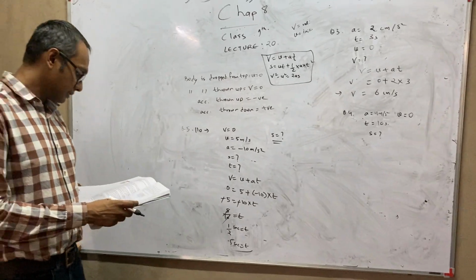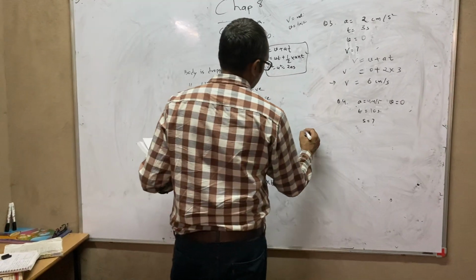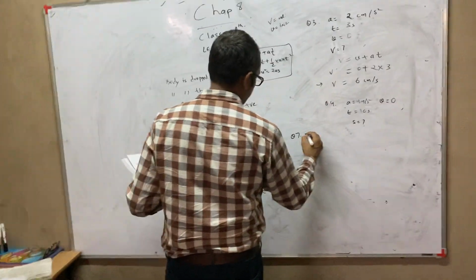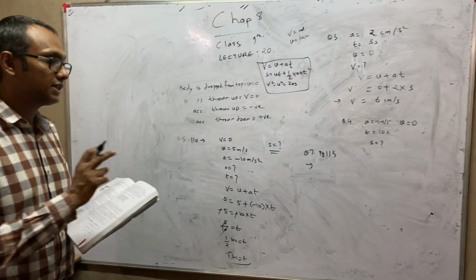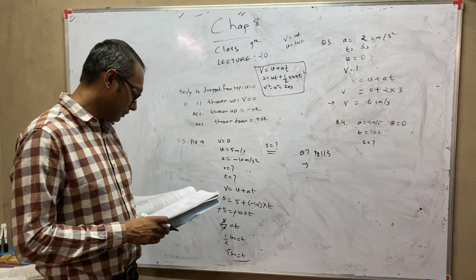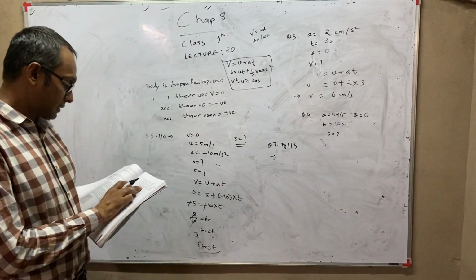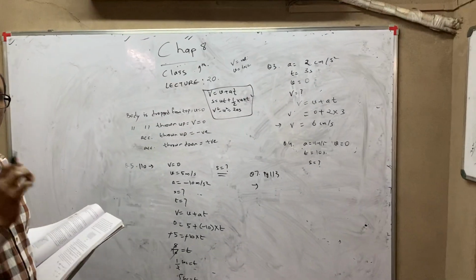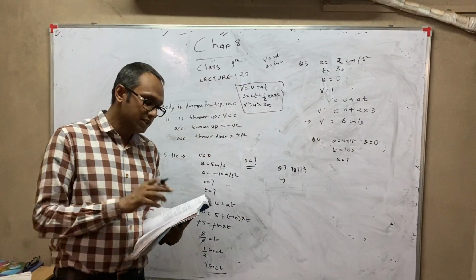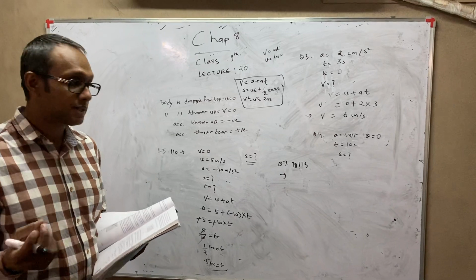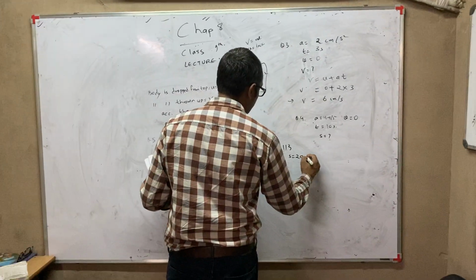Now we will see question number 7 on page 113. This question again I will totally discuss, but just the last part of the solving I will leave to you. Question number 7 is, a ball is gently dropped from a height of 20 meter. Whenever you are getting confused what is given, here it is 20 meter, and meter is a unit of distance. So s is given to you, 20 meter.